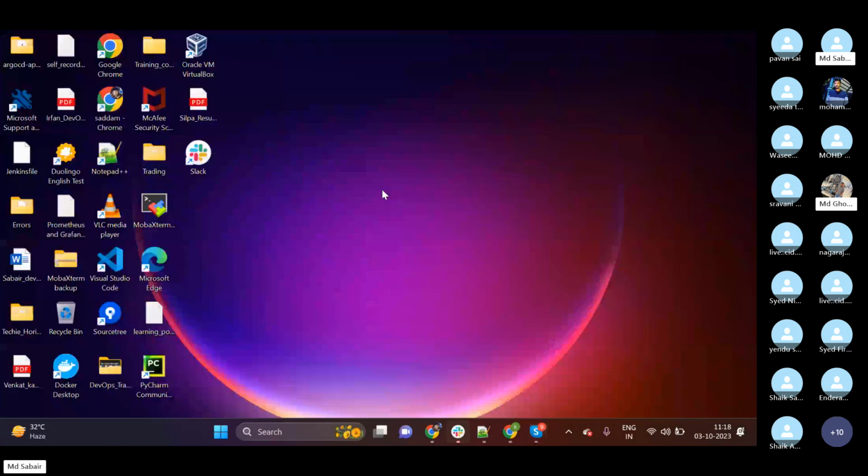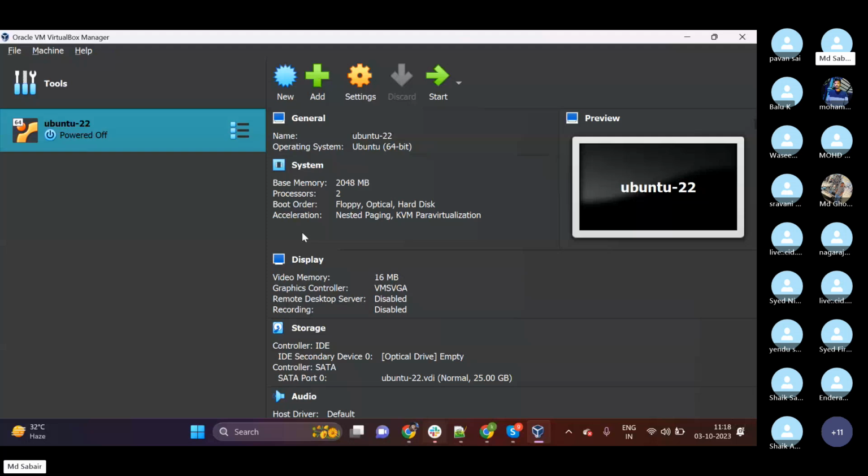Yes. Yesterday what we did, we configured Oracle virtual machines, right? So VirtualBox has been configured, and inside these virtual machines we have configured our Ubuntu image. So what is this Ubuntu image? What is this VirtualBox? Ubuntu is the operating system, one kind of operating system based upon a Linux distribution. What is VirtualBox?